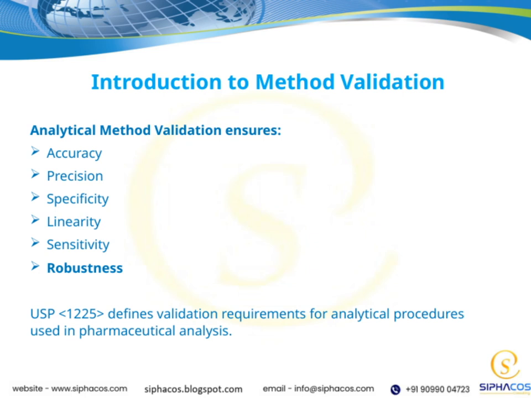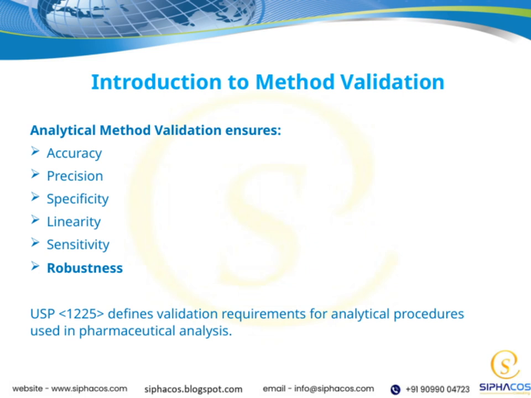Linearity is important because it shows that our method can produce results that are directly proportional to the concentration over a certain range. Sensitivity refers to the method's ability to detect even small amounts of the analyte, which is critical in many pharmaceutical analyses. Robustness indicates how well our method can perform under small variations in experimental conditions, ensuring reliability